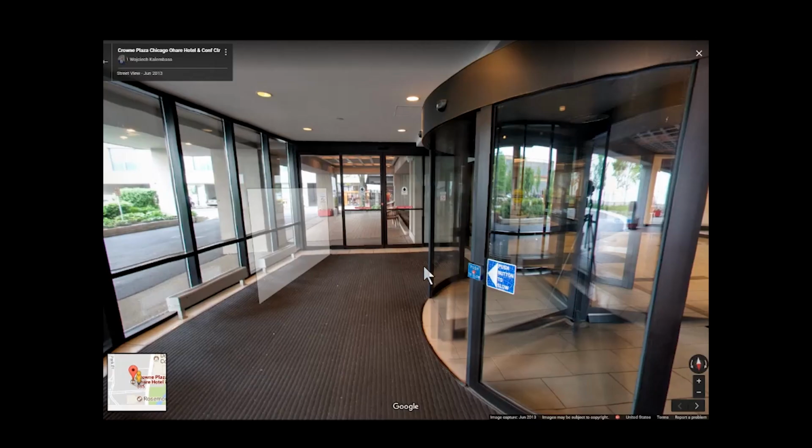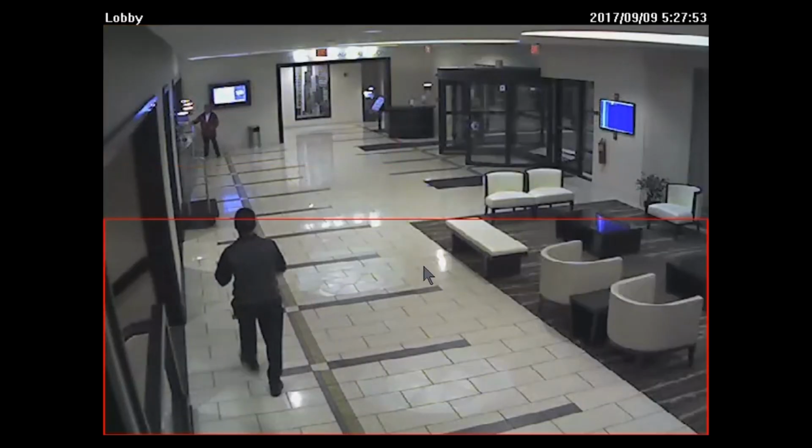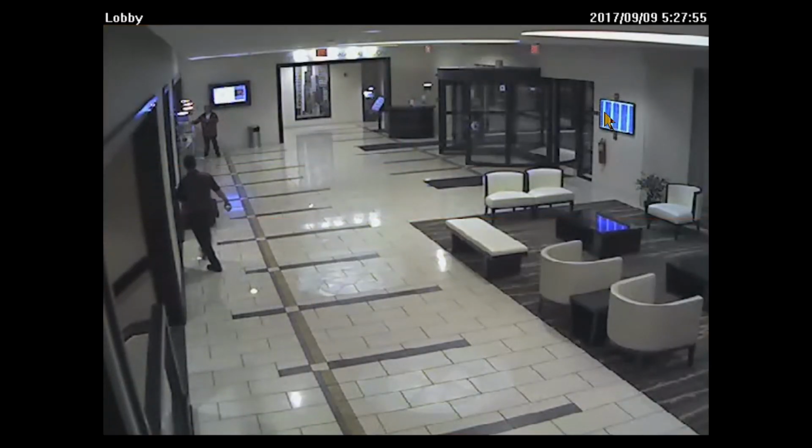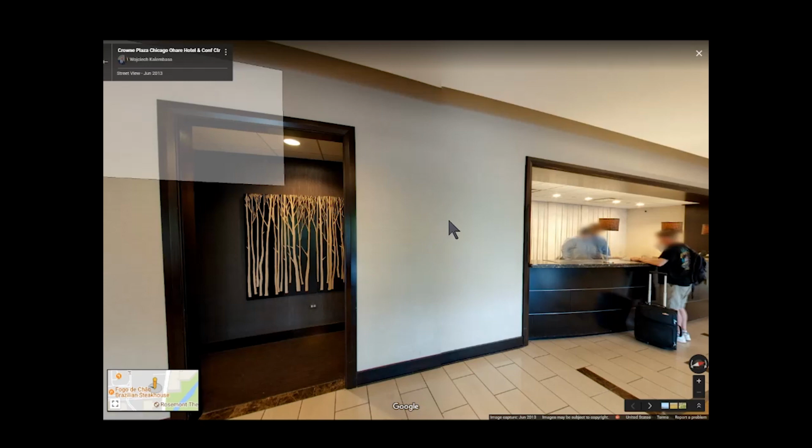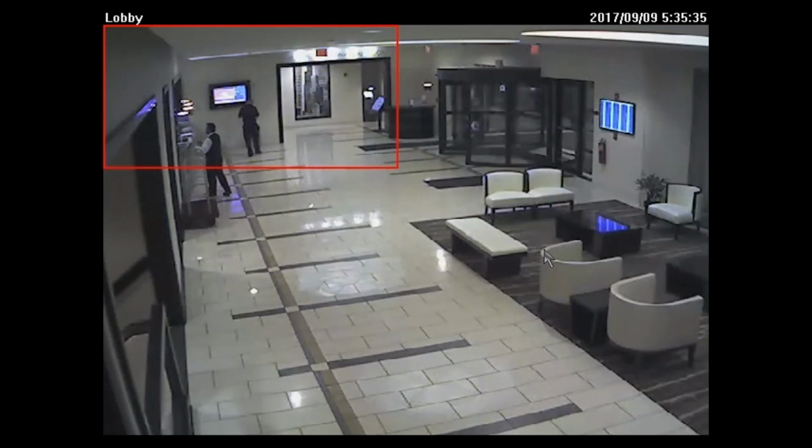So again, he went through this turnstile here. And then 5 minutes later, he comes back again. It's similar to that other time when he left. Maybe he went to his car for a minute. Now he's back through that side door. I think this guy's a concierge. I thought that was a lady in one of the videos I did, wearing a maroon jacket, but...